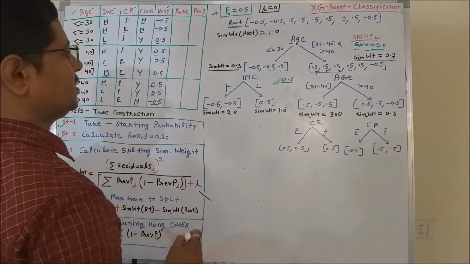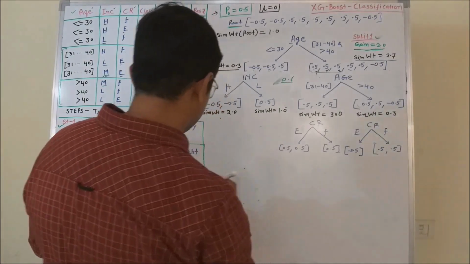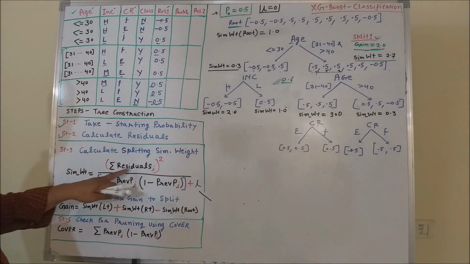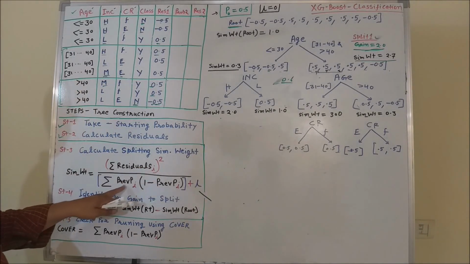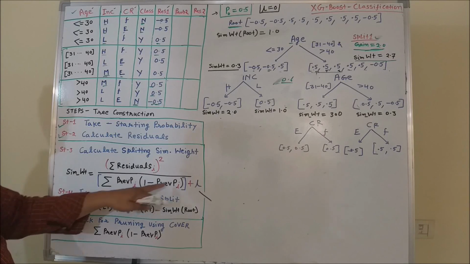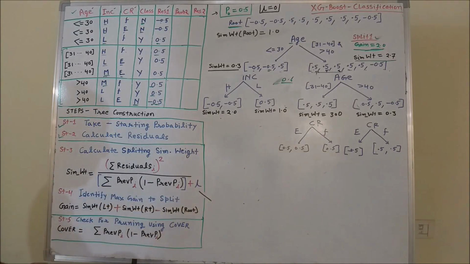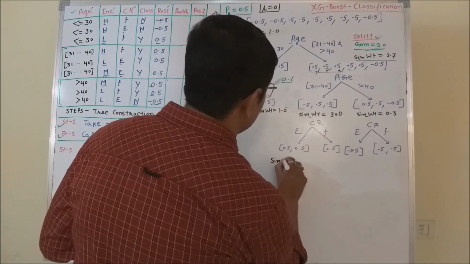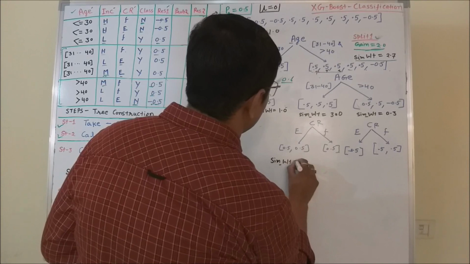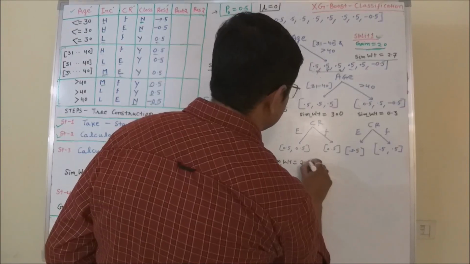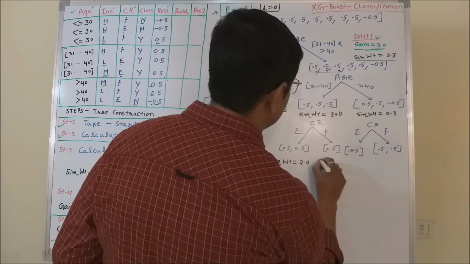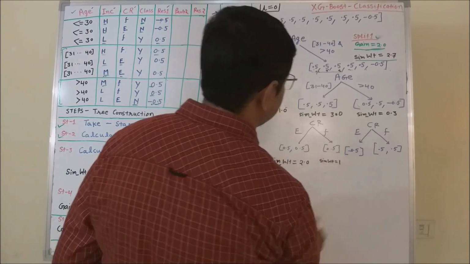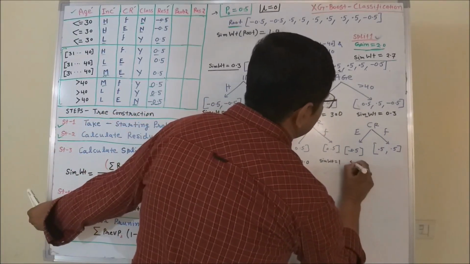So two values will be here. Once you compute the similarity weight by using the same formula, taking the sum of residuals squared divided by the sum of previous probability into 1 minus previous probability plus the regularization constant, you will get the similarity weight equal to 2.0, and in this case weight equal to 1. Similarly here again